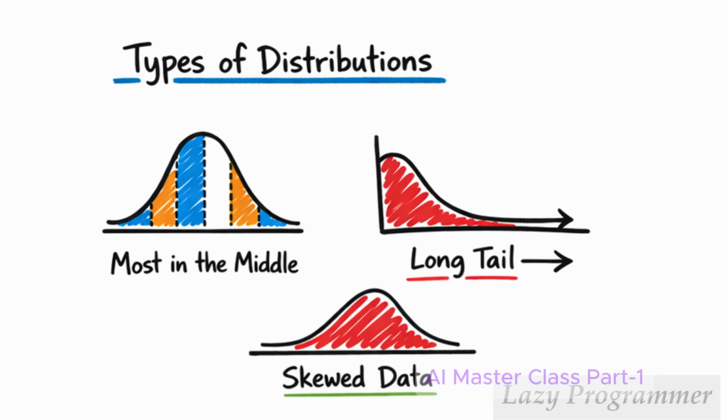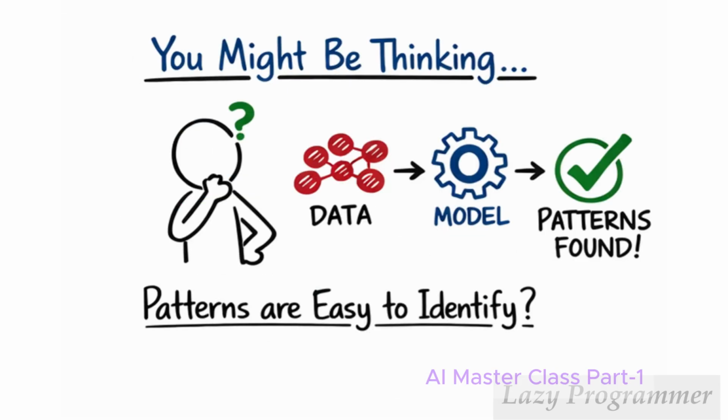Some data is skewed, where most values are on one side with a long tail on the other side. Like this, there can be different distributions of data. Models learn differently depending on these shapes, and if you don't understand the distribution, the model can behave in surprising ways. Now, you might be thinking with all these concepts, it will be very easy for a model to identify